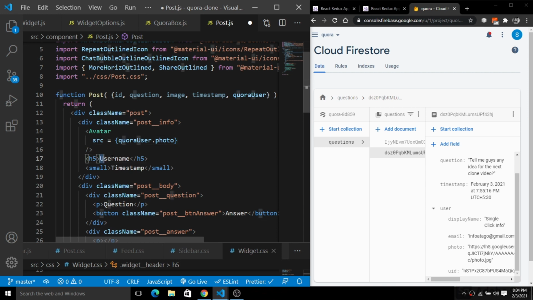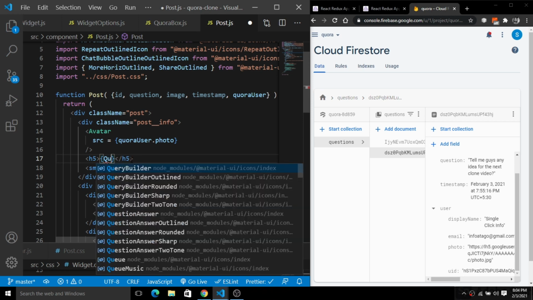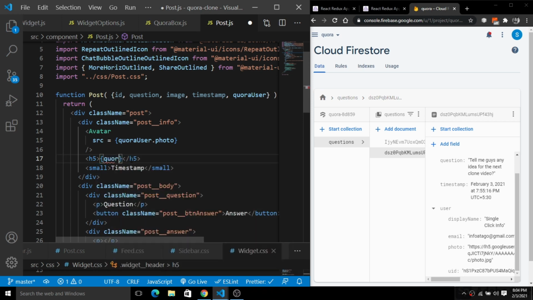Okay, so next we have this username. For the username, we'll simply pass the display name here. If the user has a display name, then push the display name, or simply push the email of the user. Okay, I'm going to simply push it like this. So we have this Quora user dot display name.